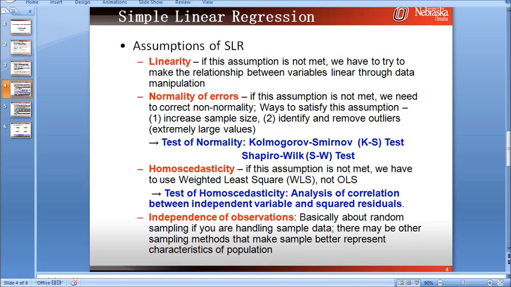Because we already know how important the normal distribution of data is in our inferential statistics. It's pretty straightforward to talk about the normality of errors. I mean, the assumption of normality of errors is basically about the normal distribution of data.